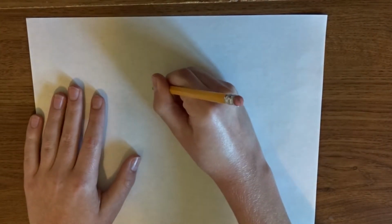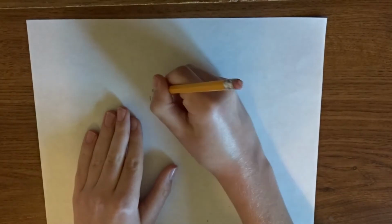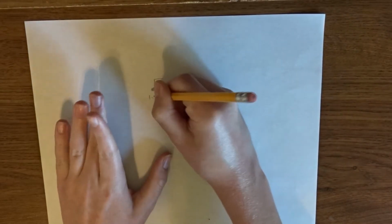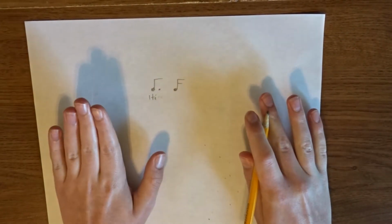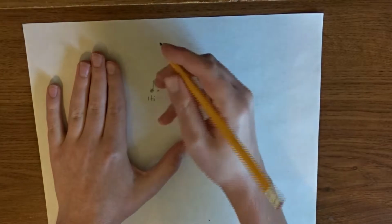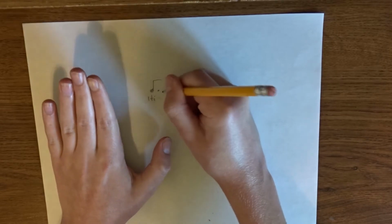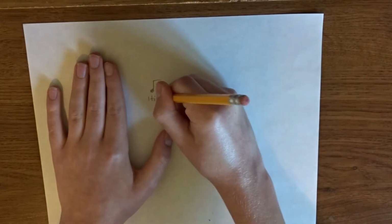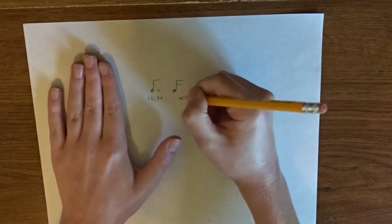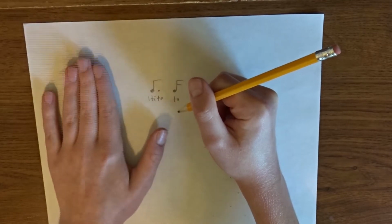Alright, so you could also have this. Okay, so normally an eighth note is just 1 and that's it. Well, there would be a ti. 1 ti, 1 ti, 1 ti, 1 ti. But you don't say the ti because it's just an eighth note. So normally it's just 1 ti, and then the te would be on the next eighth note. But you add half of the value, so you add a 16th note. So you then add in the te, 1 ti te, 1 ti te, and then this takes care of the ta. So it's 1 ta, 1 ta,